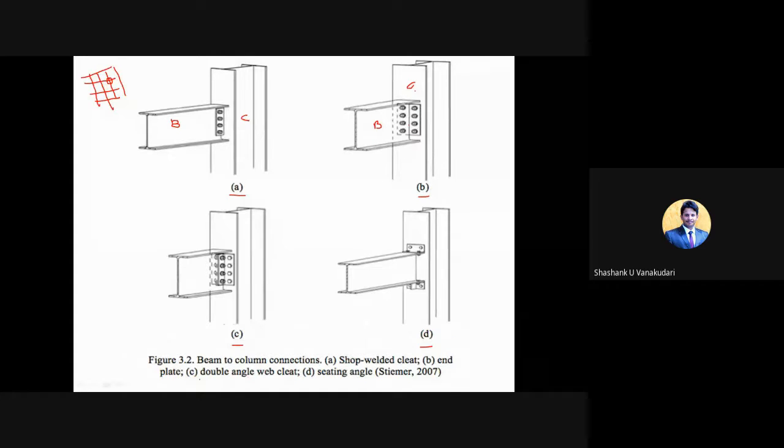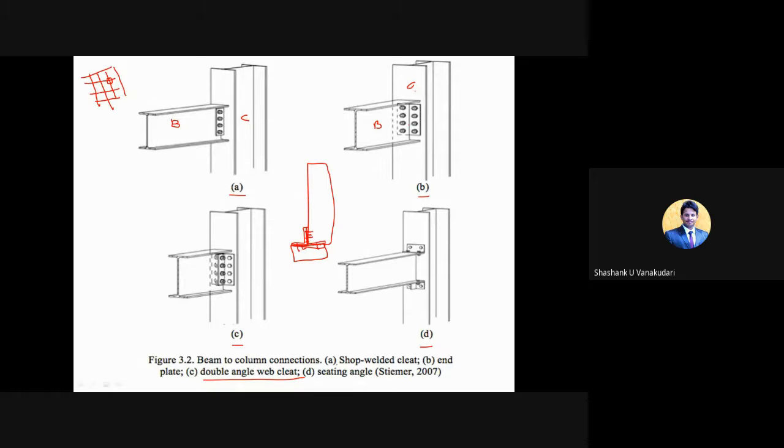And here you can see the third one, that is the double angle web cleat. Double angle web cleat means it will be there in this way, clear? So one is attached to this column portion, and one more which came outer is attached to the column portion, and here the beam part will be there, right? So I think this is the beam part. So the plate which is attached here, these connections you can see, it's like the double angle web cleat. So these connections are perpendicular with each other. Here also the connections will be there, and here also you can provide those connections.